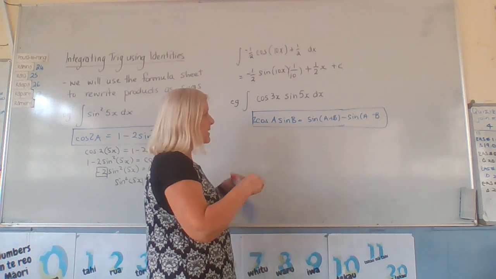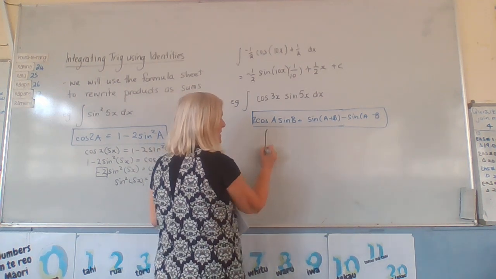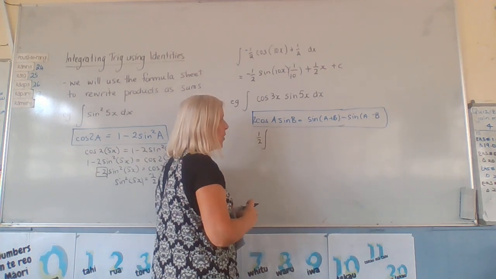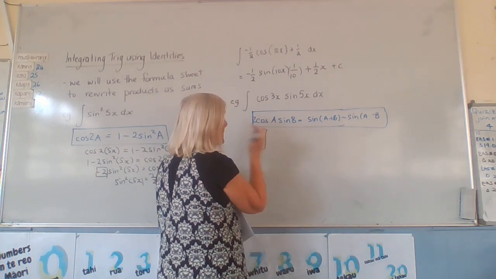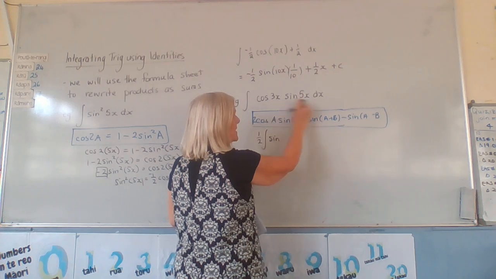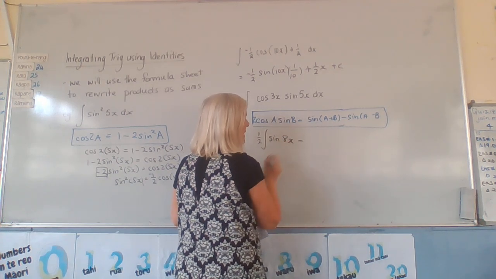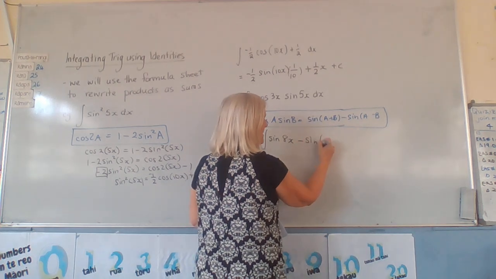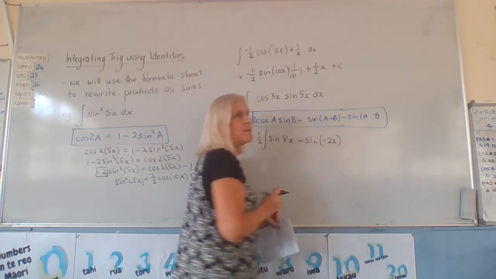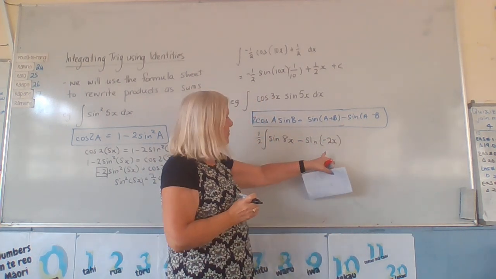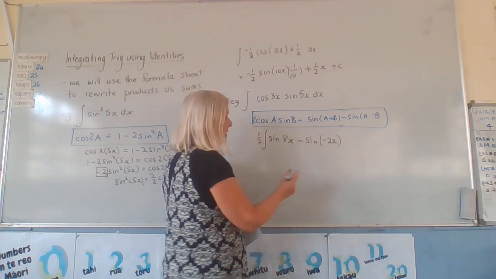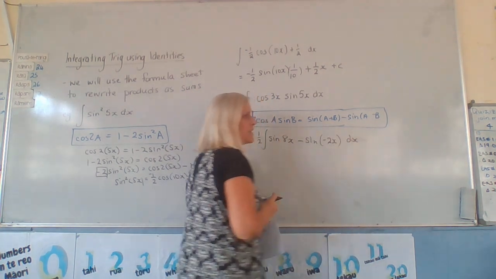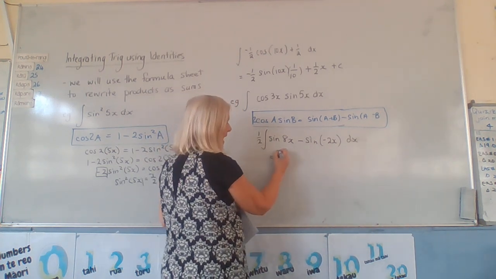So, rewriting it, I'm going to get, instead, a half, I put it out here actually, that's fine, of sine, A plus B is 8x, minus sine, 3x minus 5x is negative 2x. All right, don't go 5 minus 3, 3 minus 5. All right, dx. I'm going to integrate it. That gives me a half of